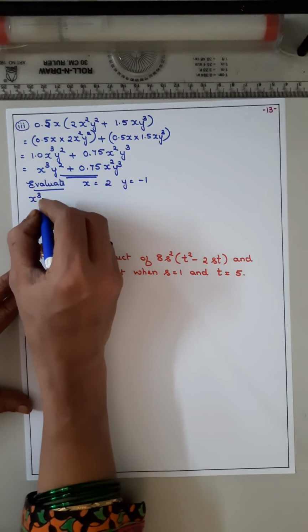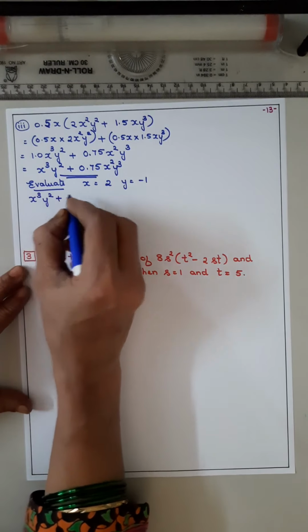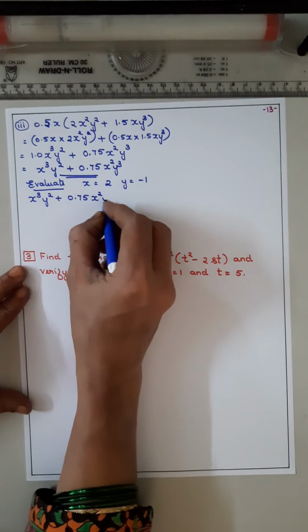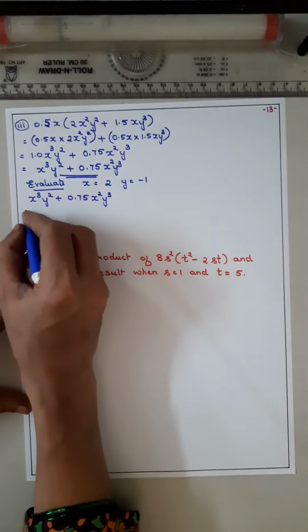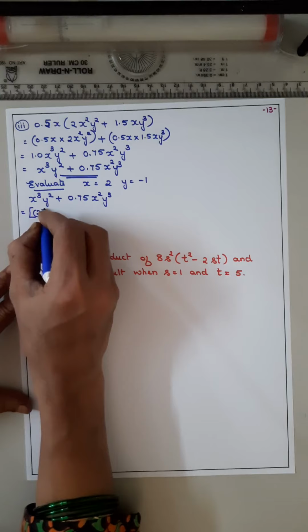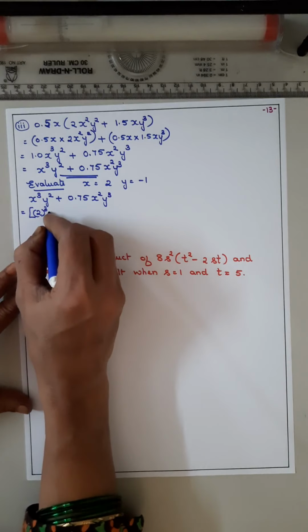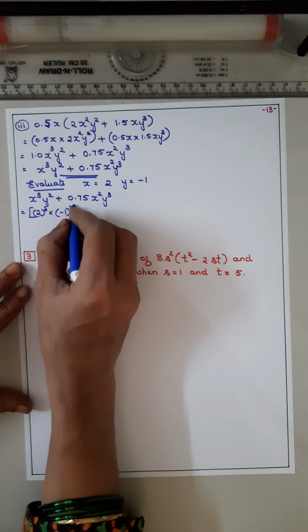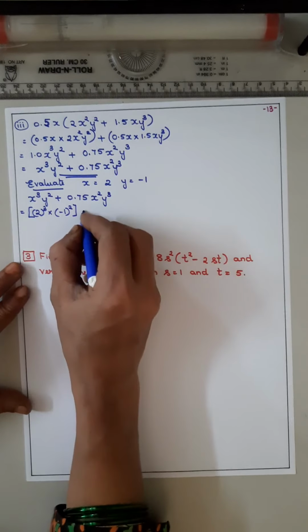X cube y squared plus 0.75 x squared y cube. Now put the values, bracket open, x cube, that is 2 cube, into y is minus 1 squared, bracket close,